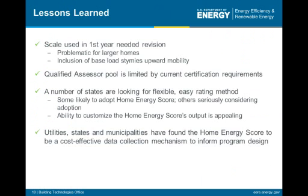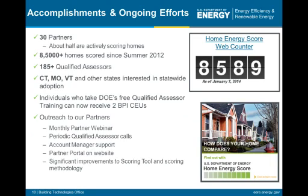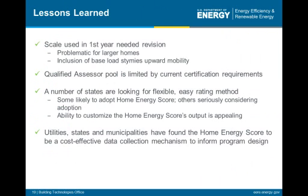We've made significant improvements to the scoring tool and to our methodology for scoring, and I'm going to talk about that in a little bit. So what we learned most fundamentally was that we needed to make some changes to the scale, not to the fact that it's 10 points. I think people like that, it's easy to understand, and that was something we got a lot of positive feedback on. But the problem was that, I'm not going to go into a lot of detail on this, but basically